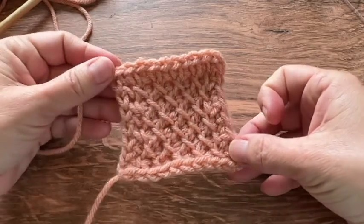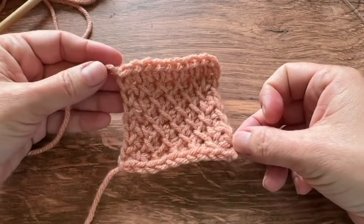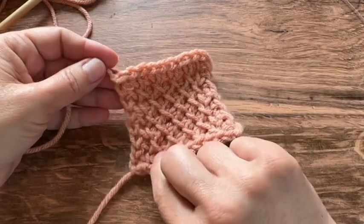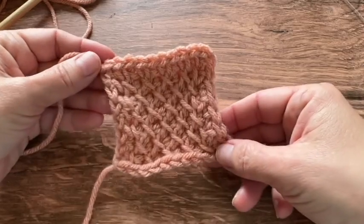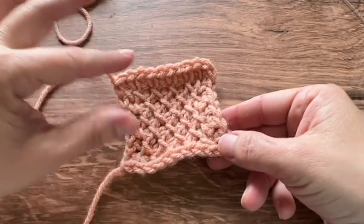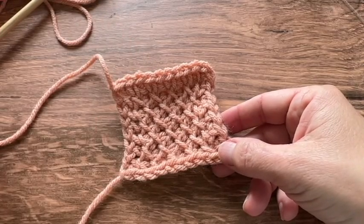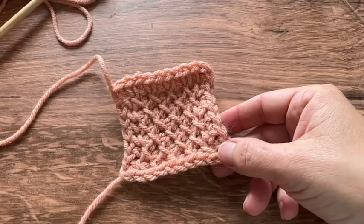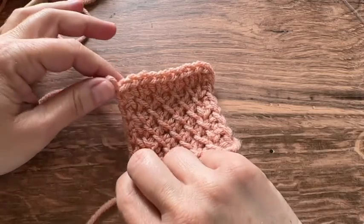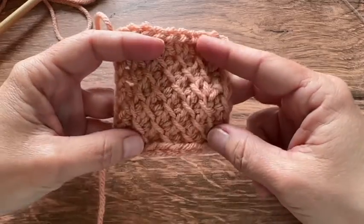Today in this tutorial, I'm going to show you how to crochet the Tunisian Diagonal Lattice Stitch. This stitch is an intermediate, maybe even an advanced Tunisian stitch. So if you are a beginner Tunisian crocheter, I have a video linked below, and a few other stitch tutorials in this playlist that are more beginner friendly, and then you can come on back and try